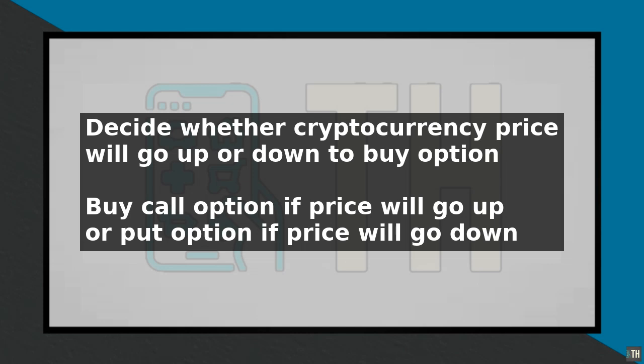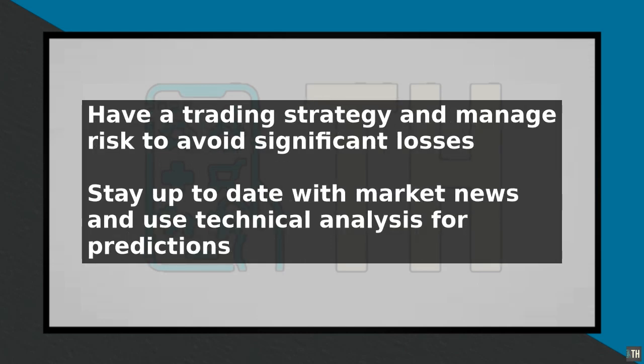It is also crucial to use technical analysis to identify patterns in the market and make predictions about future price movements. In conclusion, trading up-down options on Crypto.com can be a lucrative way to speculate on the price movement of